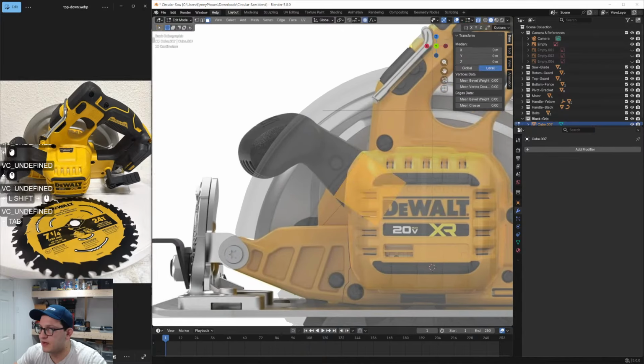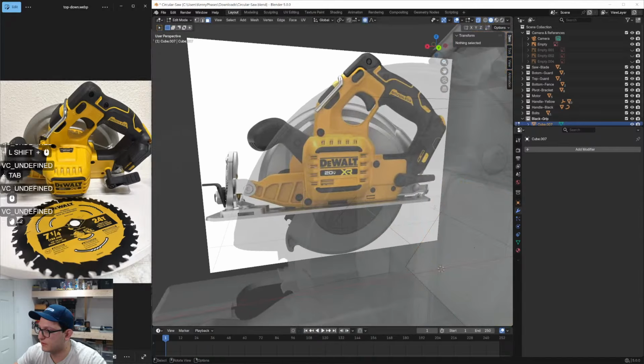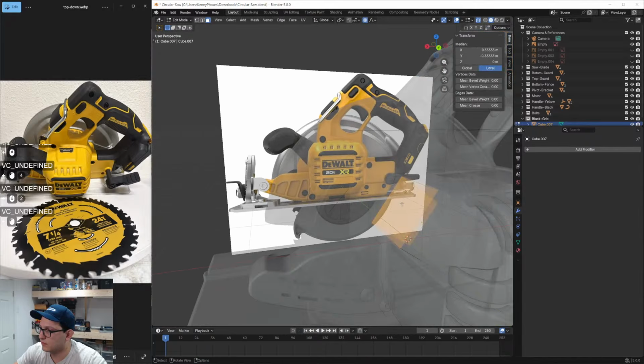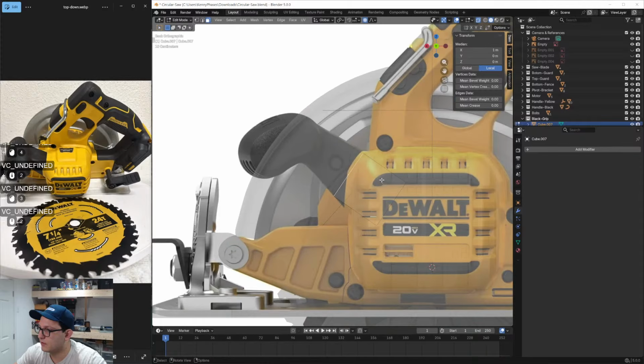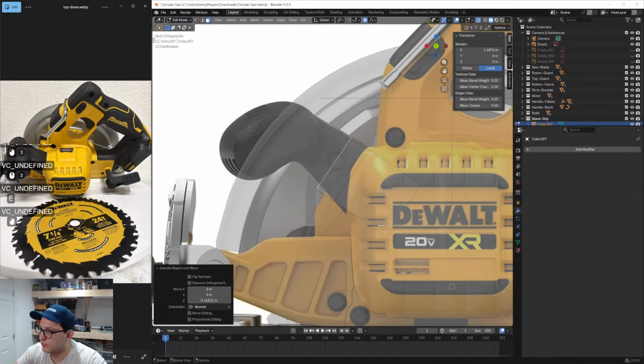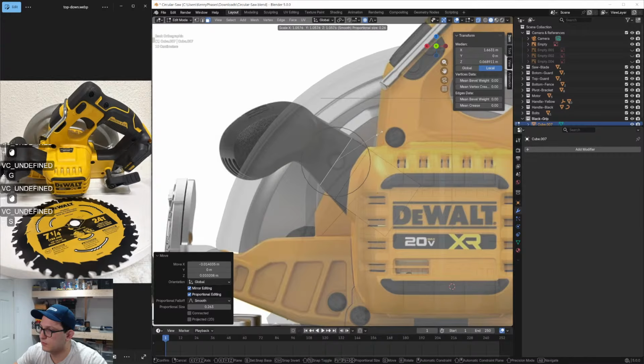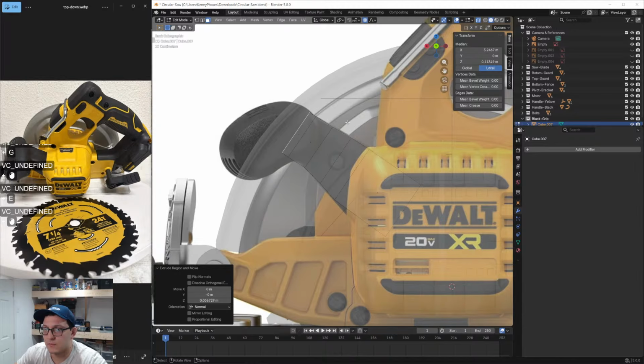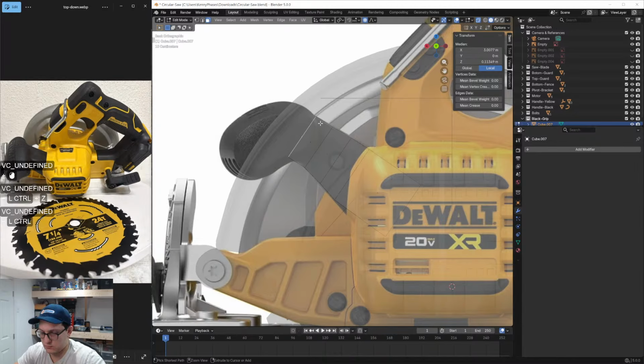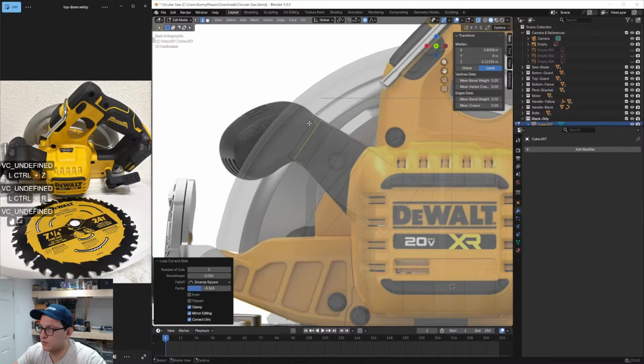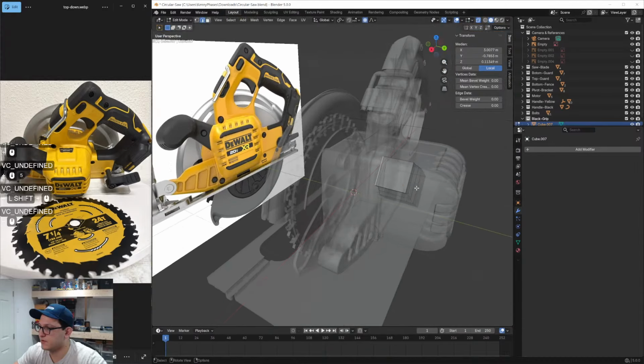All right, so now I'm going to tab into edit mode. I'll grab this face here. There we go. I'll extrude it, scale it, extrude it, scale it in a little bit, extrude it, extrude it. So this,